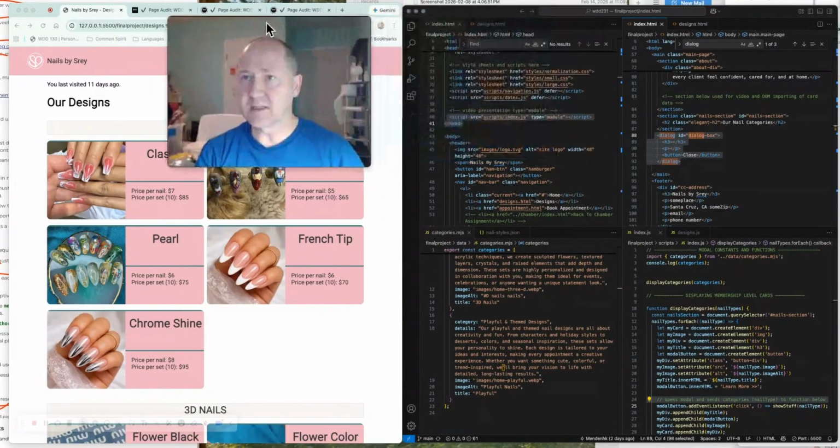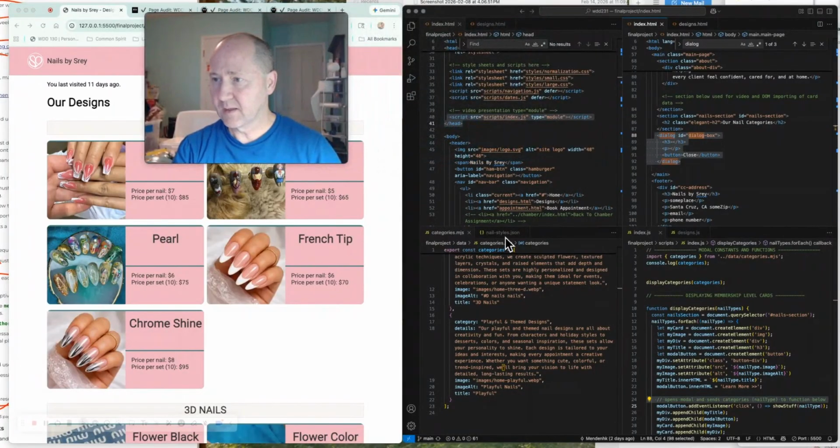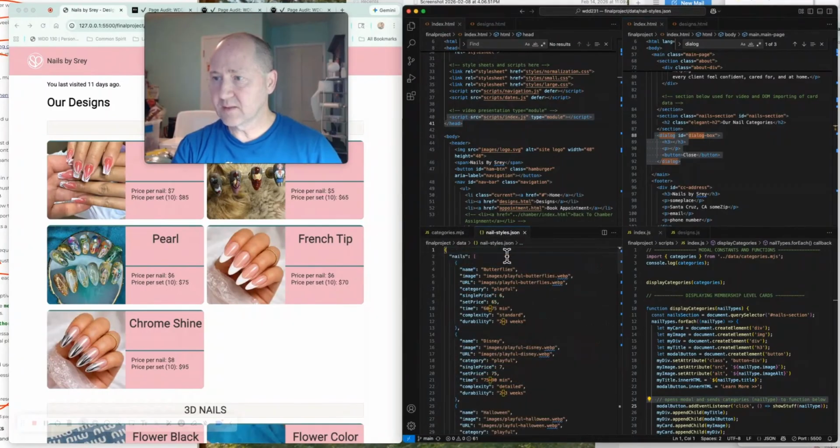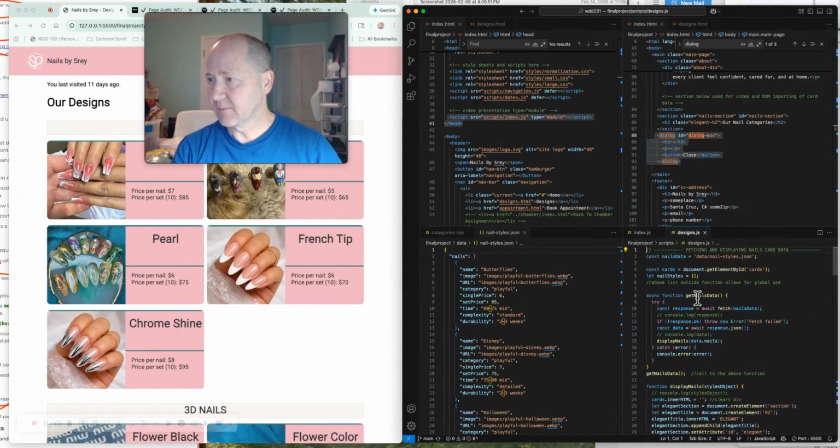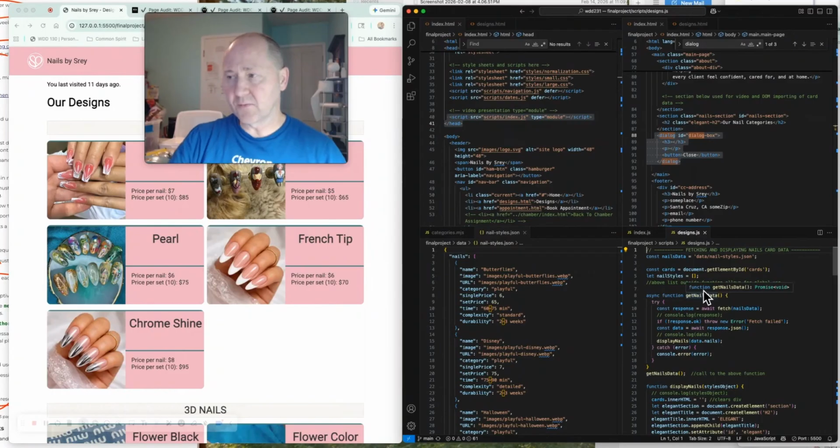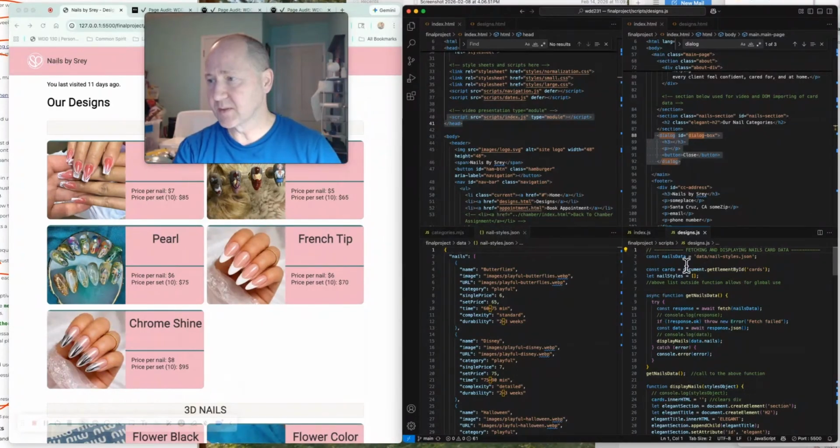So all this data is stored, if you go to my right again, all this data is stored in a JSON file in a JSON style format. And then that is imported, again further to the right in my VS Code, imported in a file called designs.js JavaScript. So if you look on here, we've got, first of all, I named the data location as